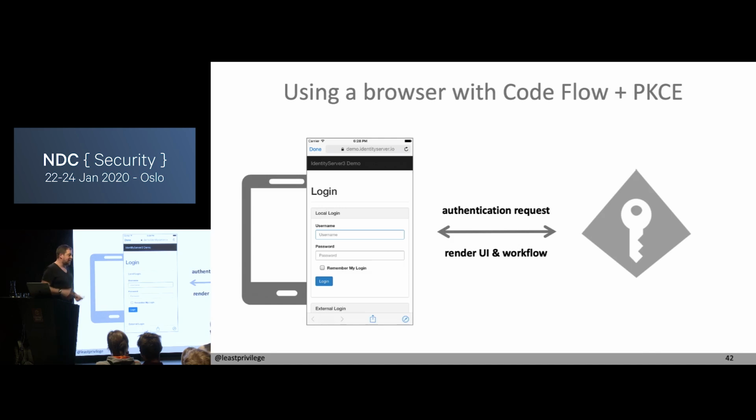So yes, the easy answer is if you want to do authentication in a native client, use Code Flow with PKCE and open a browser. Done. You can reuse your existing login page with all of your security features, logging, auditing, fraud detection, blah, blah, blah, what have you. There's no point in creating another login page just because it must be pixelated, right? Open a browser, go to your login page, use Code Flow with PKCE,